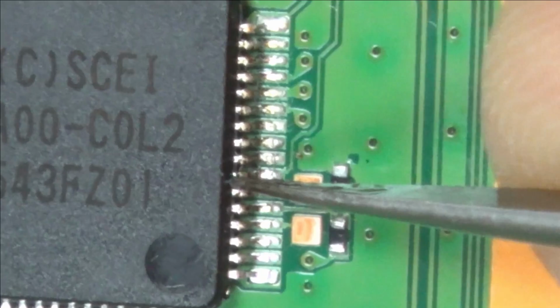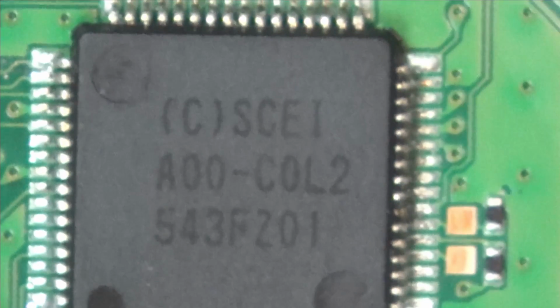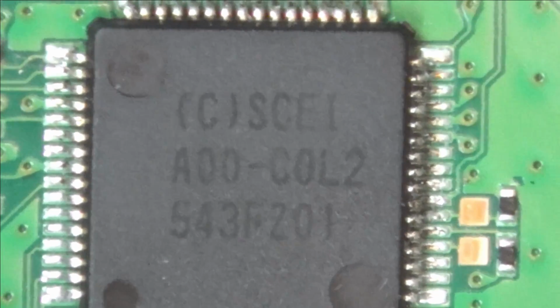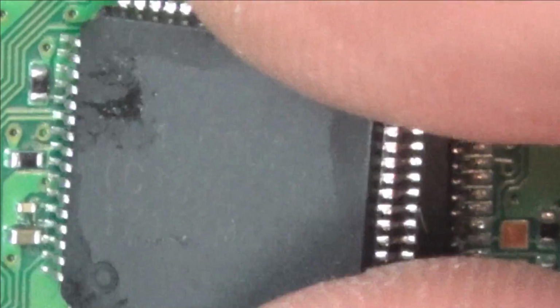No, maybe not. Maybe it was just a shadow. Yeah. Okay, so I've swapped it over. Now the markings are different. See, this says A00 Col 2, and the one I took off, so the original one on this board said